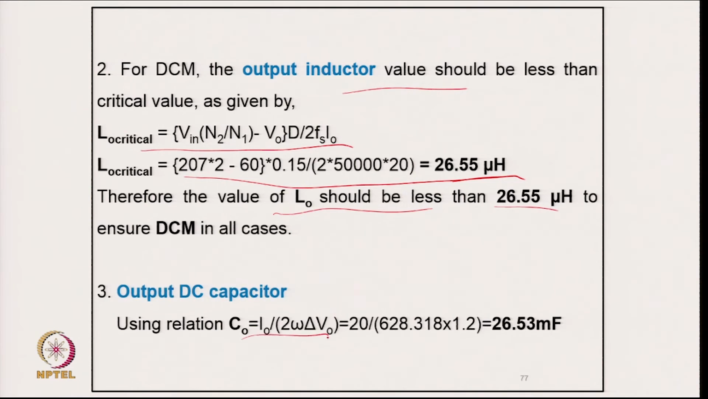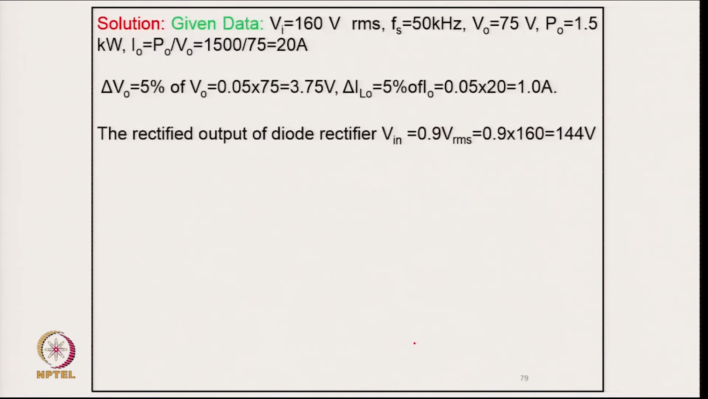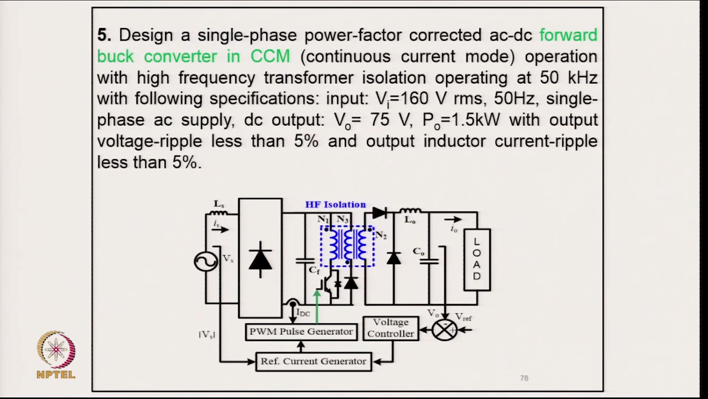And the output capacitor, from that same relation I0 upon 2 omega, for a given ripple we get 26.53 millifarad, because we want a very small ripple in that case. So, coming to another example,